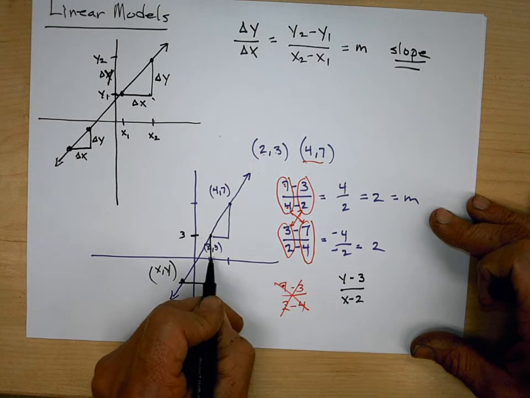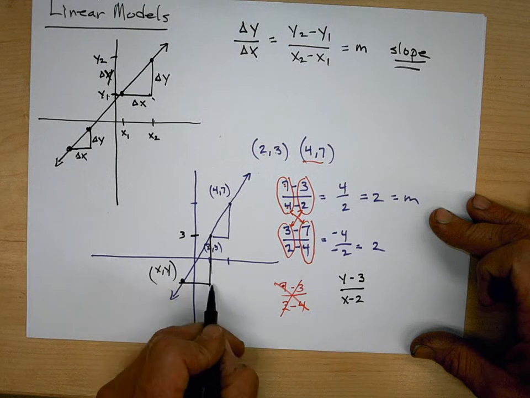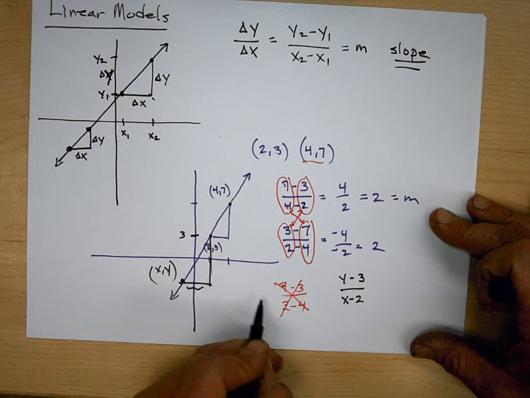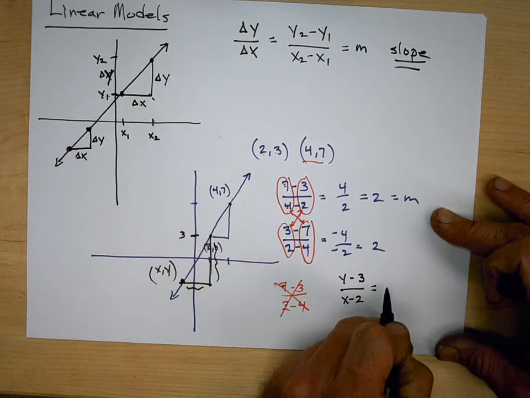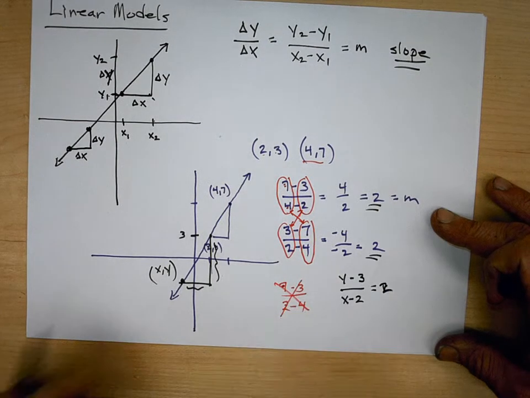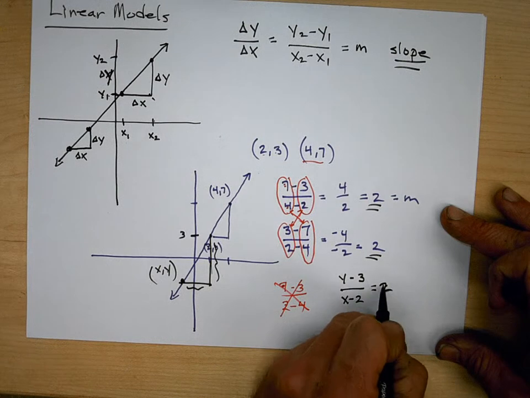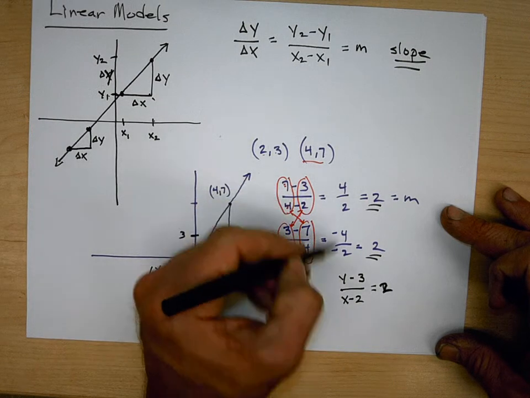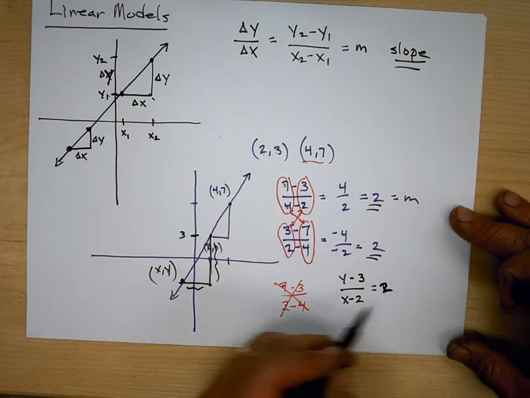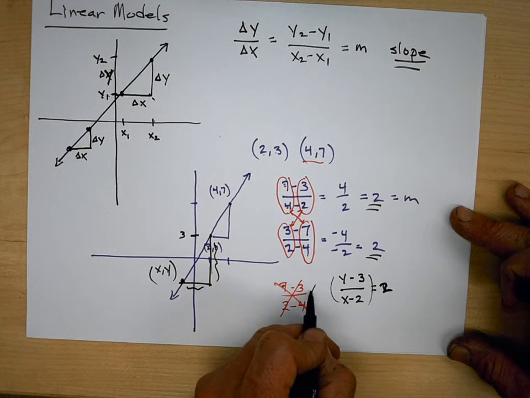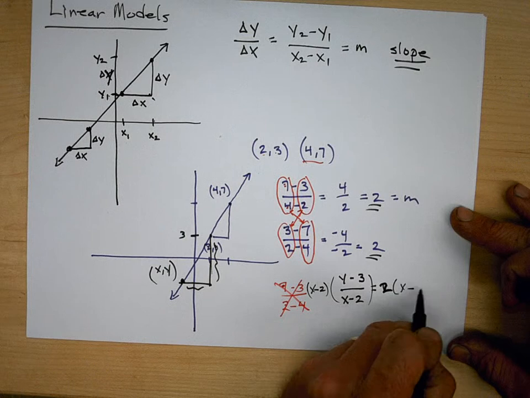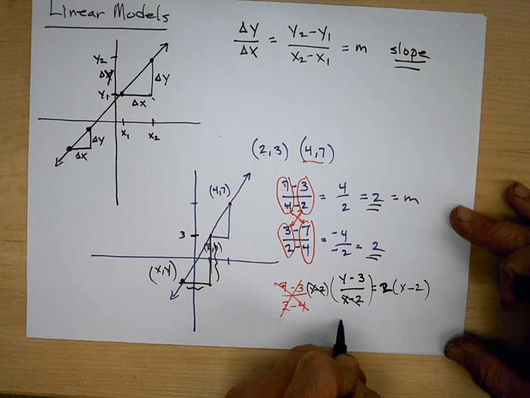So again, this x value minus 2 gives me this distance right here, and the y minus 3 gives me this distance. We know that because the slope is constant, that's going to be 2, right? We found it up here. So y minus 3 over x minus 2. I could have just as well said y minus 7 over x minus 4, but that's going to equal 2. Now if I just multiply both sides by x minus 2, so that those cancel, I get